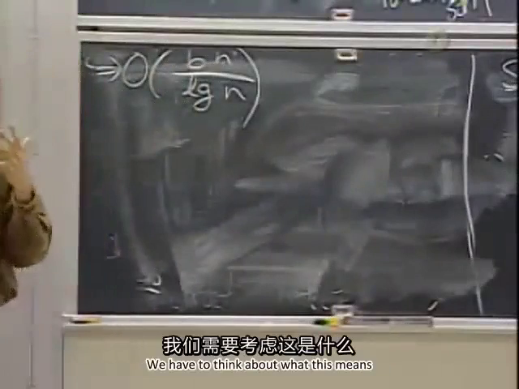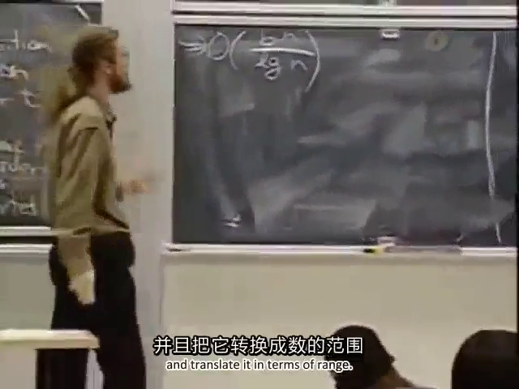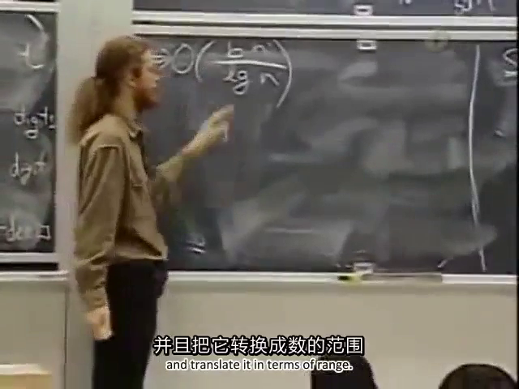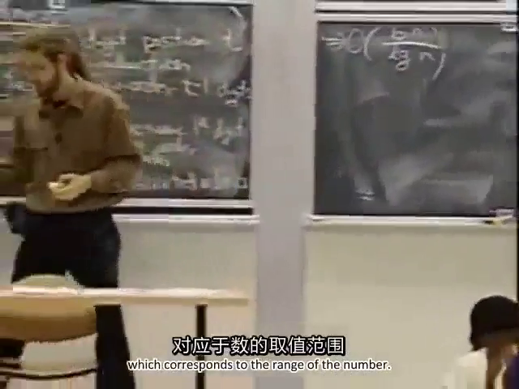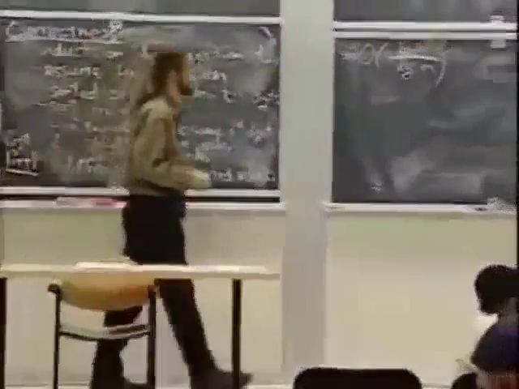Okay, we have to think about what this means and translate in terms of range. Okay, b was the number of bits in our number, which corresponds to the range of the number. And,